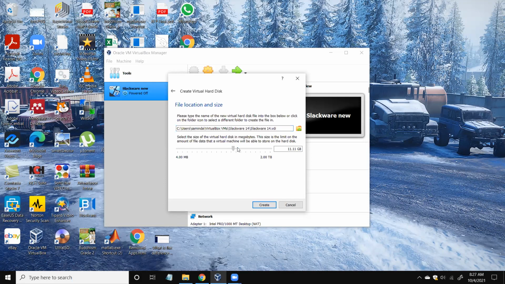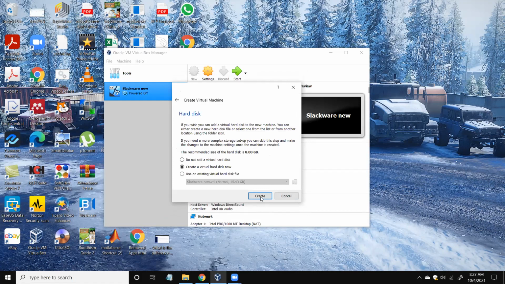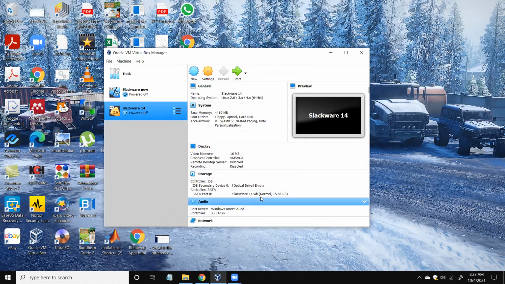So we will keep around 20 GB, right? Or say 15 GB would be okay, right? So now I need to start this installation.